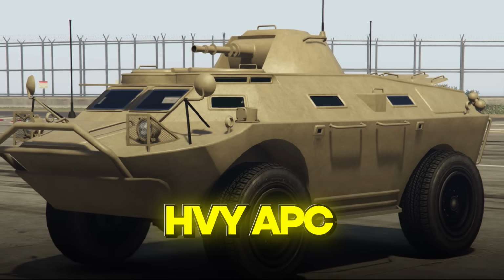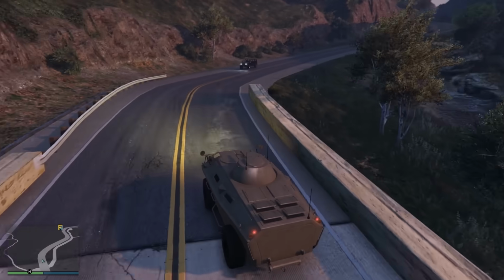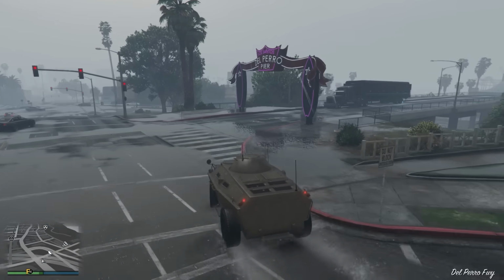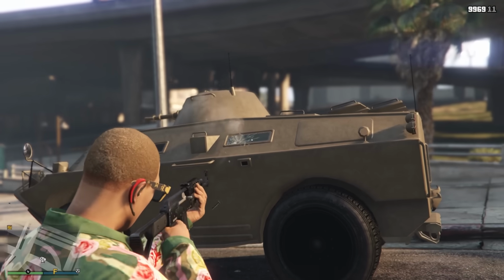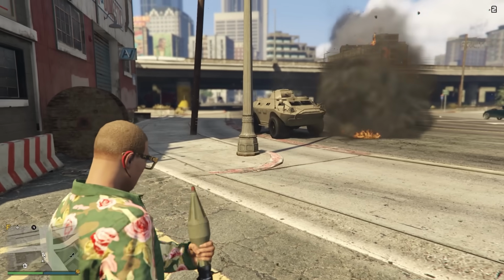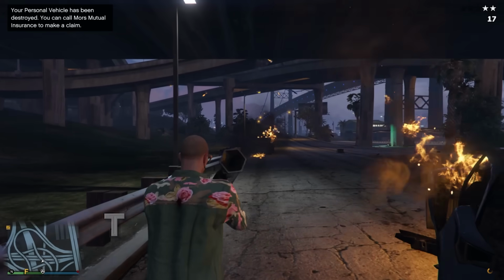The HVY APC has all of the benefits of the Zaba, minus the tiny wheelbase and slow speed. The APC is also much heavier, so it won't get tossed around like a ragdoll anytime you're driving next to an explosion. And the windows are also bullet resistant from all sides, giving you 360-degree coverage from incoming small arms fire, as well as rockets and homing missiles. The only downside here is that it has slightly less armor than the breadloaf, so you can only tank 8